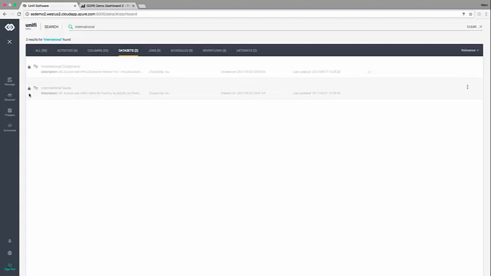The other information, I do see some descriptions. I see that these are created by Stu. I see the created date and the last updated date. Interesting, I see this one has a tag. So a lot of our data assets are tagged for various reasons, and that helps with various search and security parameters. This one happens to be tagged as PII. But initially, I don't really see a lot of information that's going to help me figure these out.